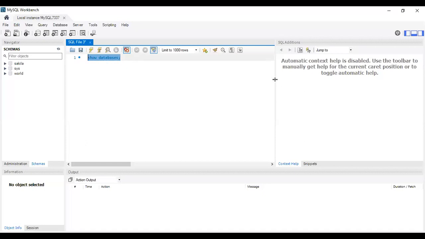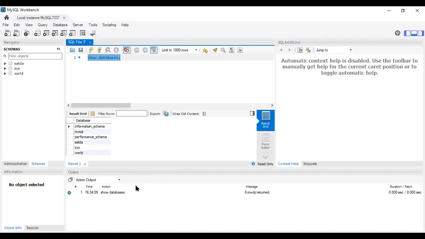No, it is not case sensitive. You can use small letters, capital letters, or a mix. See here, it is executed. Now this is the output window.